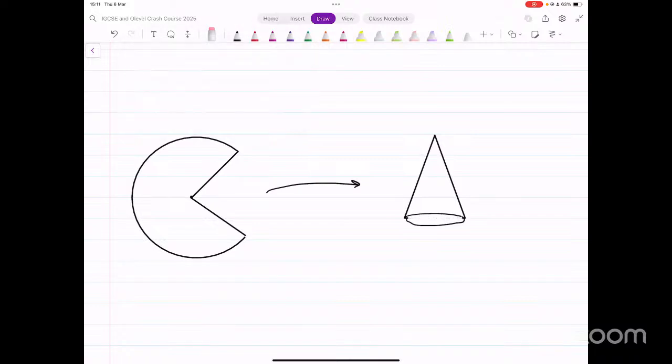Try to visualize that you have a sector like this. Think of a paper in this shape. And then what you do is you basically join these two sides, so that this radius and this radius come on top of each other. So you kind of combine, join them together. What happens when you do that is